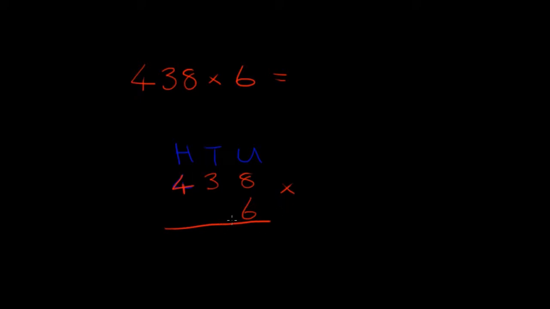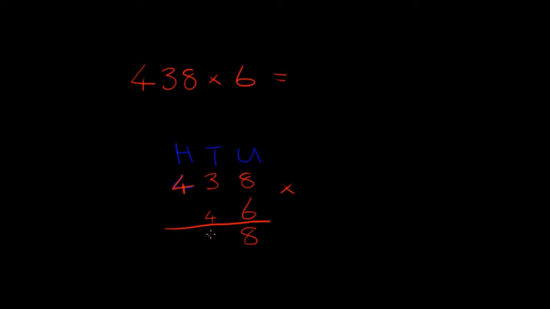So what we do here is we multiply each of these numbers on the top in turn by this number on the bottom, the 6. So what we'll do is we'll do 6 times 8, which is of course 48. So the 8's there, and the 4 we'll bring up here, just like we do if we do a column addition, and we'll bring this over here because we can only have one number in the column, and 48 is 4 tens, so we'll put it in this column here, and 8 units. Now then, we'll do 6 times 3, which is 18, add 4 is 22, that's 22 tens,